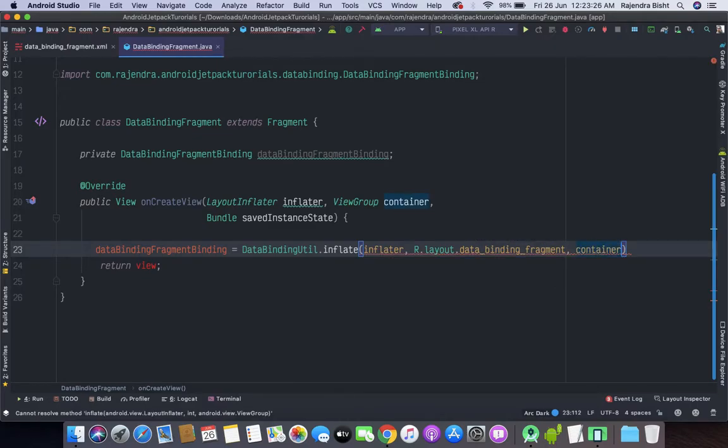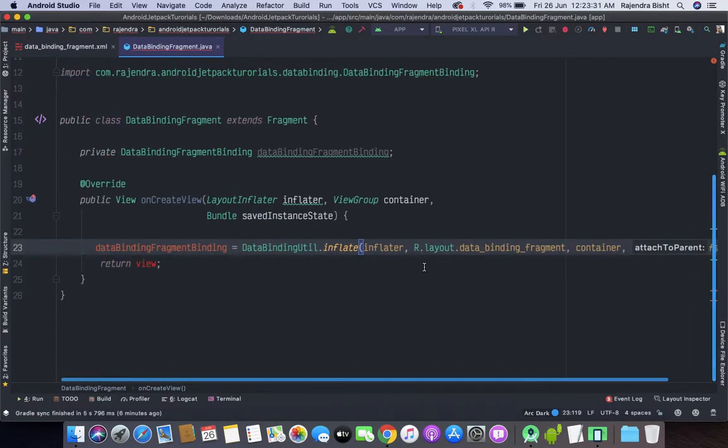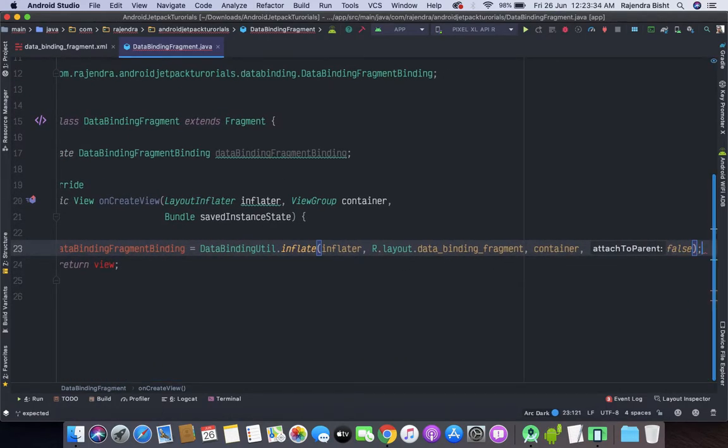We will pass the container and false. So let's terminate this line.